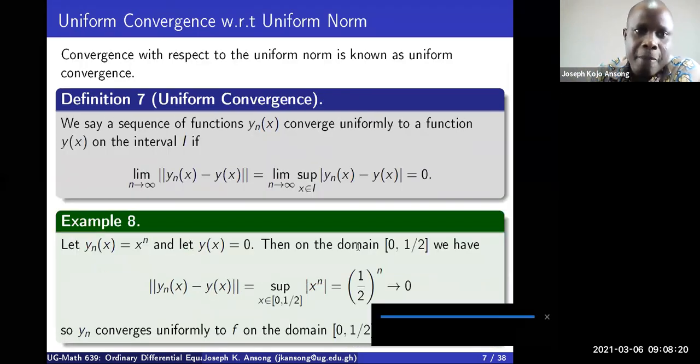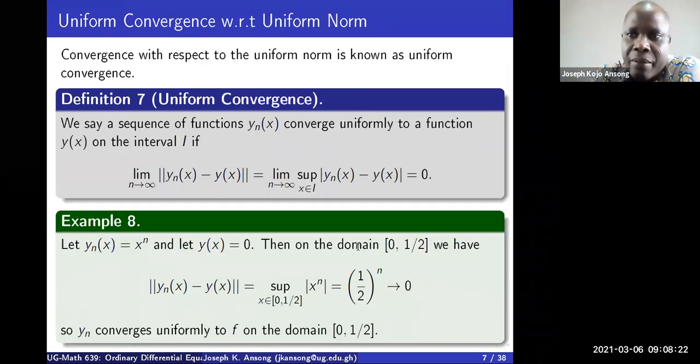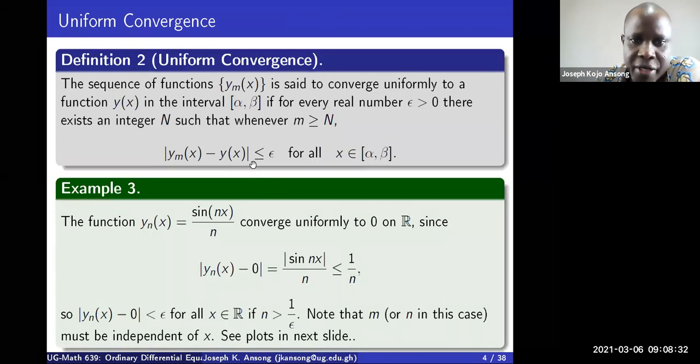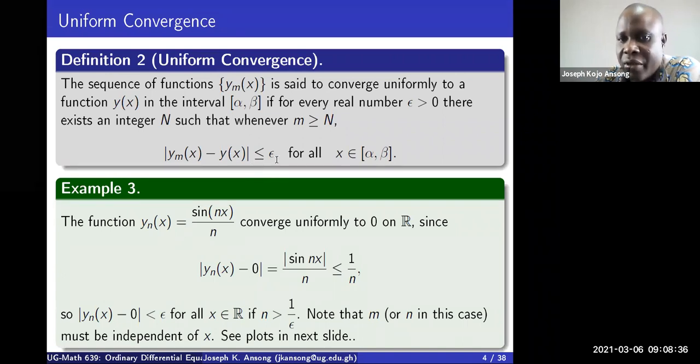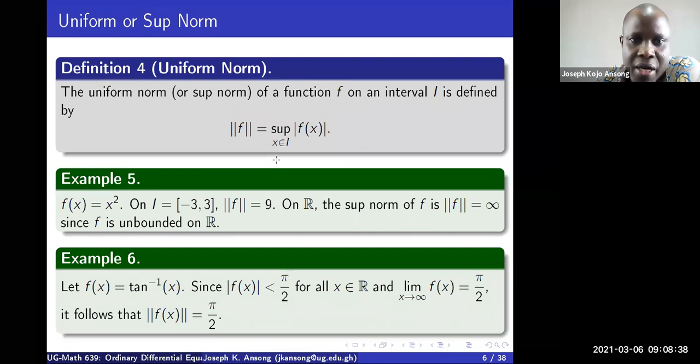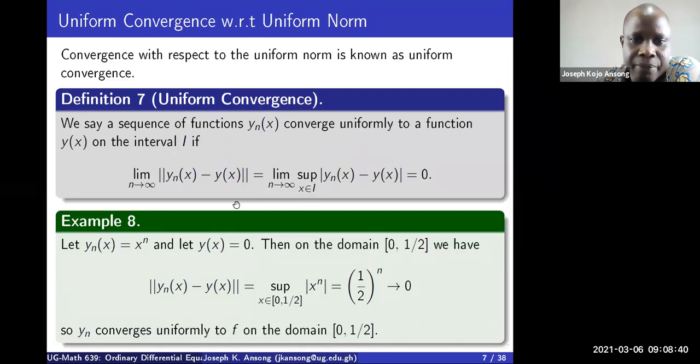uniform norm. Now we want to look at the uniform convergence with respect to the uniform norm. We've looked at the first one, based on the definition where the absolute value of the function y_n of x minus y of x is less than epsilon. Now I want to look at a definition that is based on the sup norm. So we say a sequence of functions y_n of x converge uniformly to a function y of x